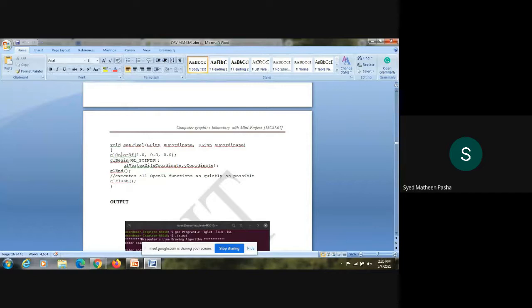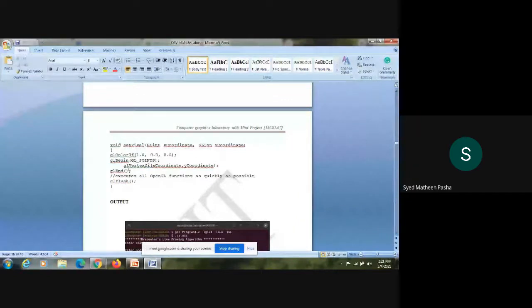Then, as I told, in every function where a vertex needs to be called with respect to some coordinates, it should start from glBegin as well as glEnd. I'm defining the type of primitive here, which is points. I want to display the points before drawing a line. Then I will define glVertex2i so that it will display the XY coordinates with respect to the points.